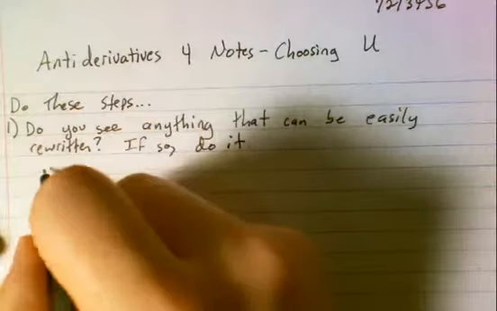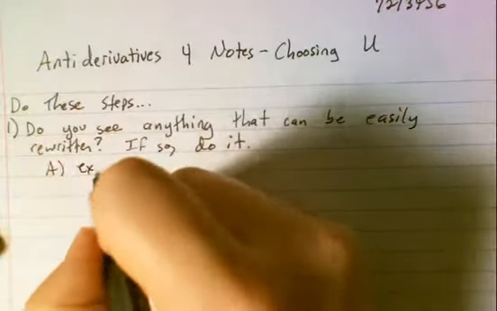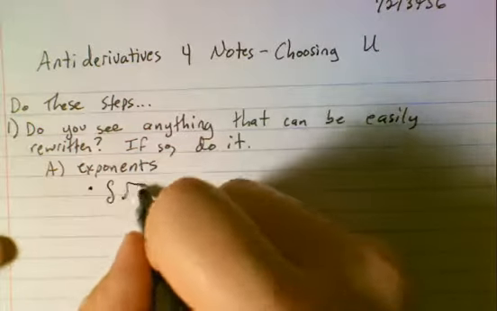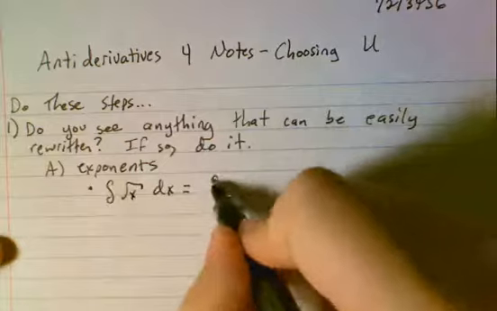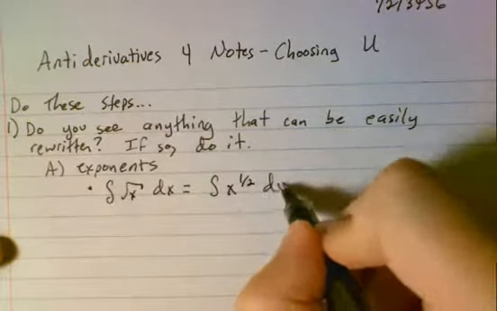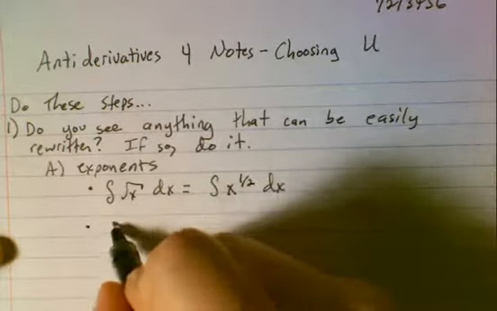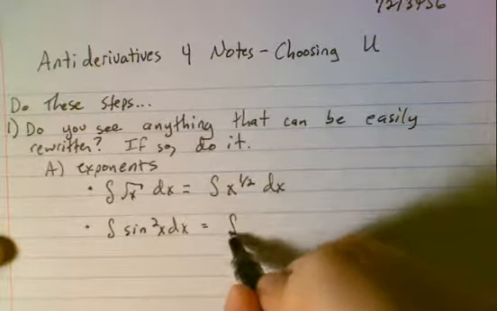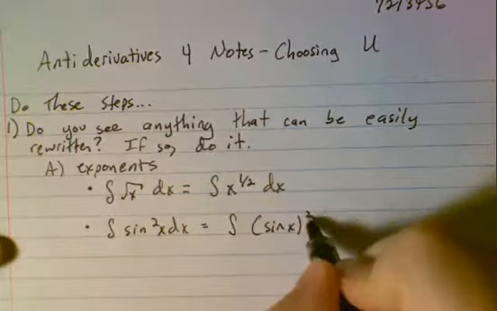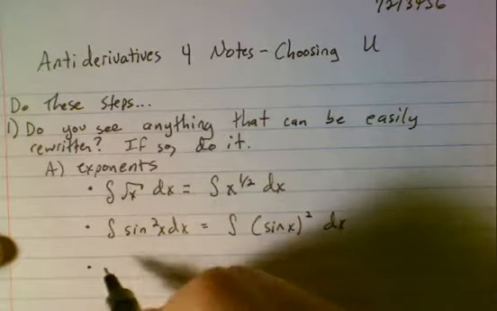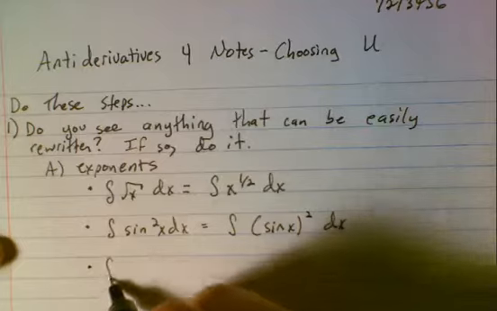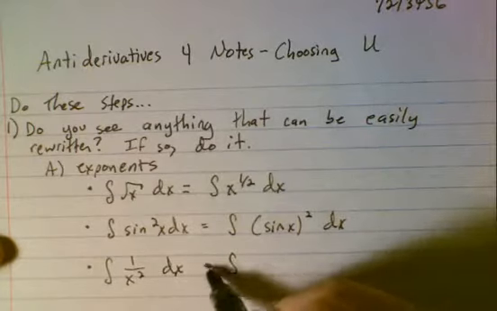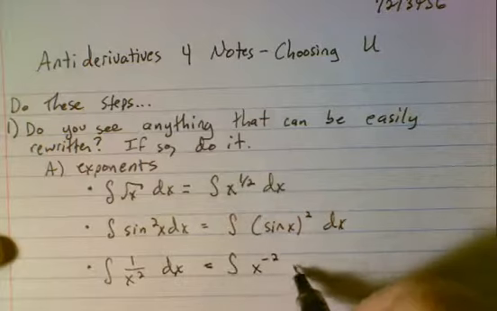These include things like exponents. So the antiderivative of the square root of x dx becomes the antiderivative of x to the 1/2 dx. The antiderivative of sine squared of x dx becomes the antiderivative of the sine of x, squared. These look really similar to the ones that we had for derivatives. So the antiderivative of 1 over x squared dx is the antiderivative of x to the negative 2